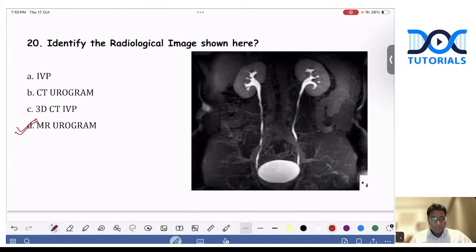In CT, the bones are white. IVP is a radiograph. You all know, right? You will see the bones in the IVP, intravenous pyelography. In MR urography, the bones